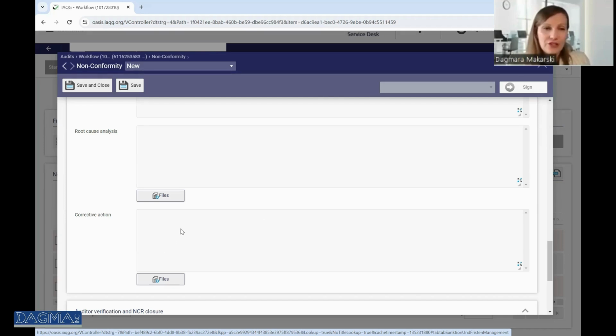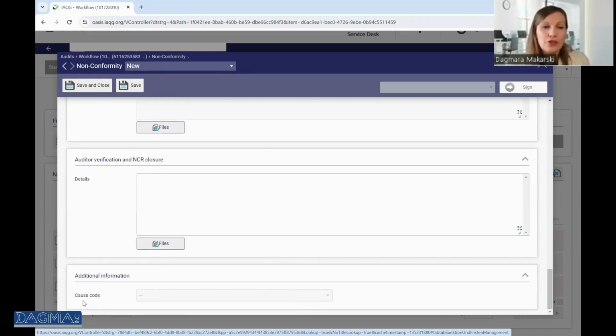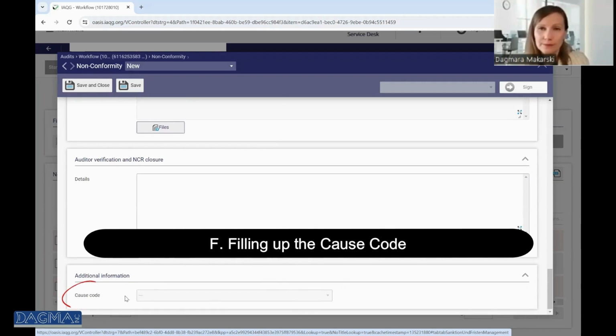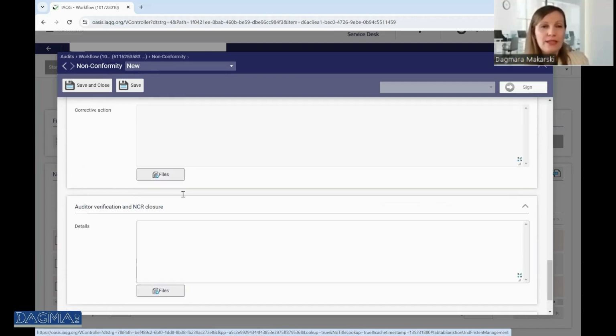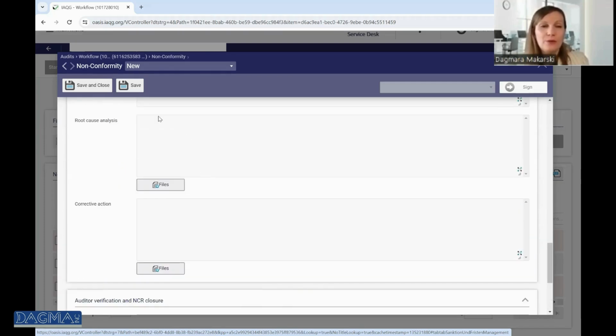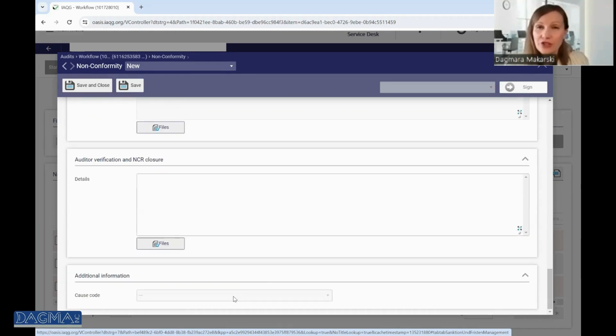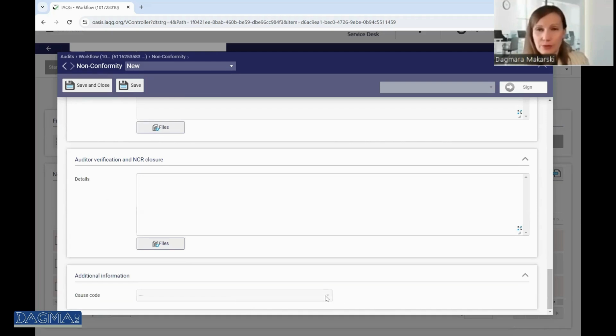Once your corrective actions are completed, please make sure you enter the cause code down here below. This cause code is actually the most likely reason of your root cause. Was it a documentation issue? Was it a process issue? And here you will have a drop-down menu to select. Please don't forget to complete this. I know it's kind of hiding at the bottom of the screen, and a lot of suppliers are actually not